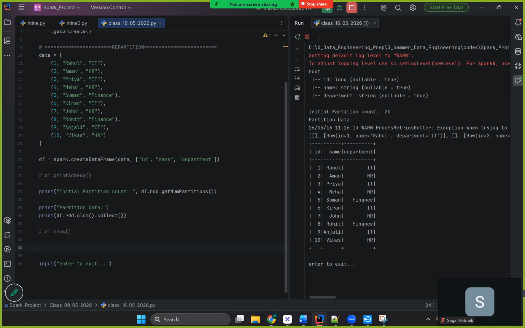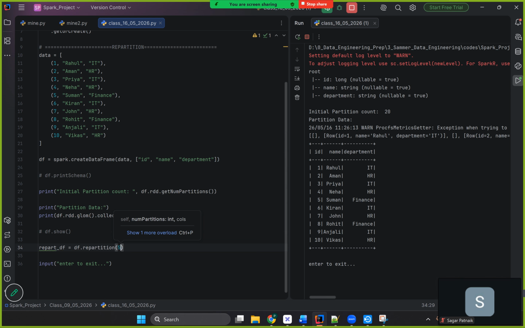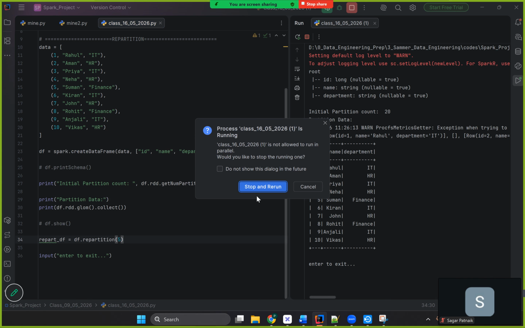Now let's run the repartition. Repart df equal to df dot repartition 5. Suppose we want 5 partitions from 20 partitions. Now here we think Spark just changed metadata, but internally, if we run this,